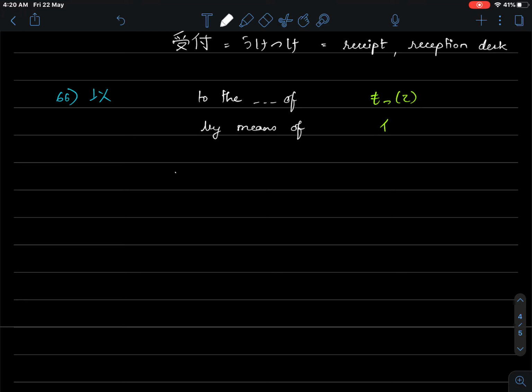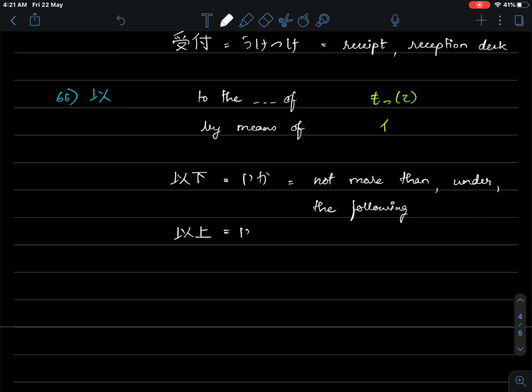So you have this, which will be read as ika, which means not more than, under, or the following. And this will be read as ijo,